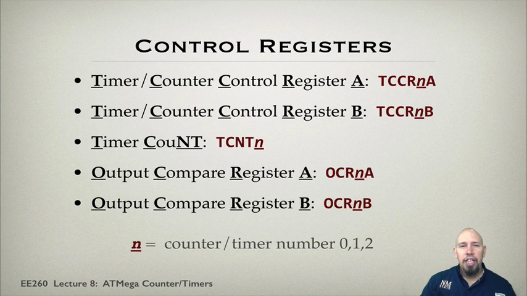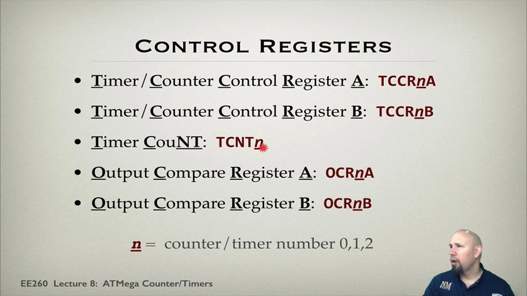Associated with each timer, we have various registers, quite a few registers. So we have the timer counter control register A and control register B. Those are 2 control registers. Those have some bits that need to be set in order to properly set up the timer or counter. The N here corresponds to which timer number we're working with. So I could have TCCR0A,